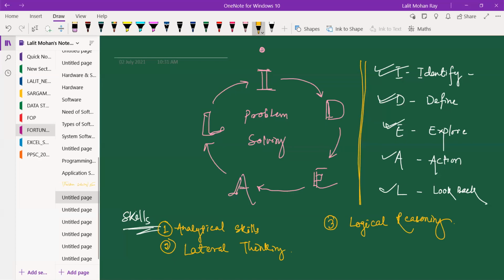Have you seen this type of thing? There are so many things: verbal reasoning, non-verbal reasoning, like this. But have you seen some picture messages on Facebook or WhatsApp? Some persons are telling, this is a question and 90% wrong answers are there. If you are clever, then please answer like this. What is that? Logical reasoning. Can you explain? Anyone? This is a daily life situation.